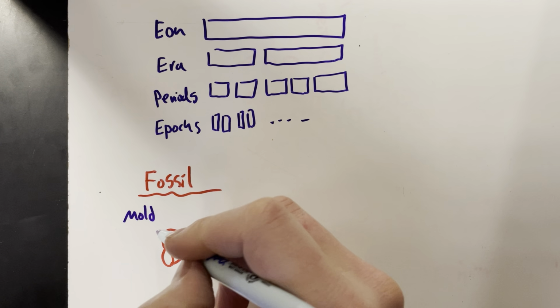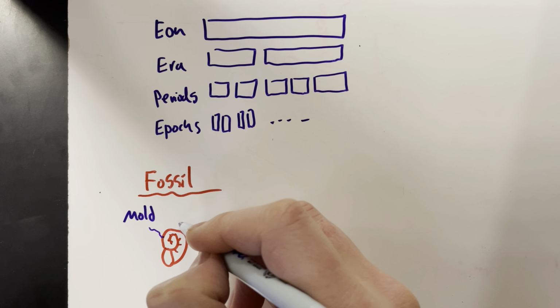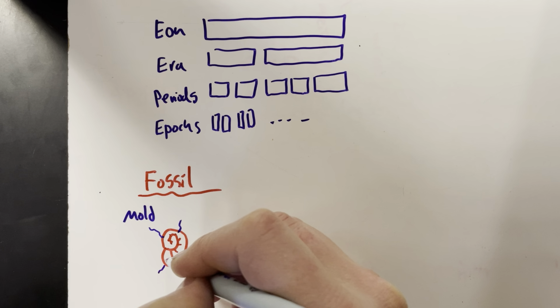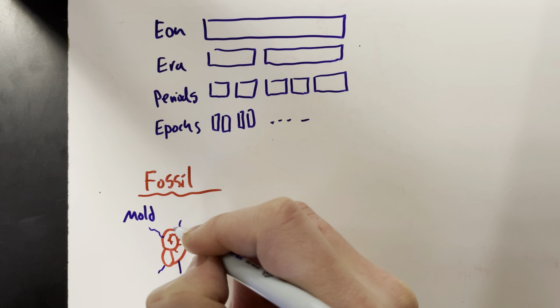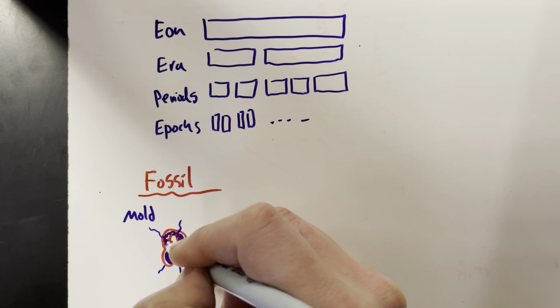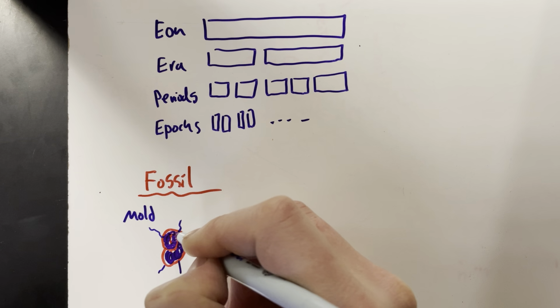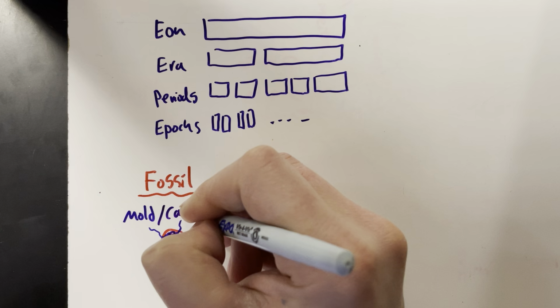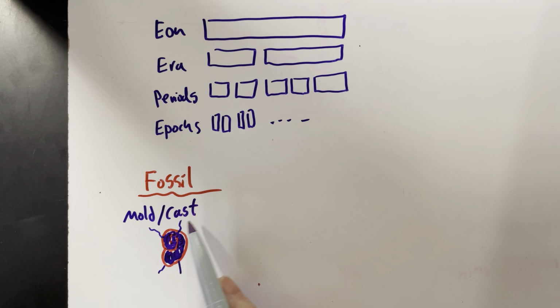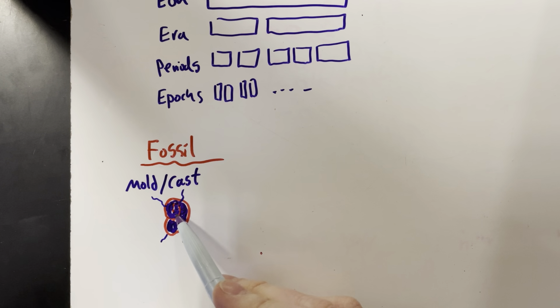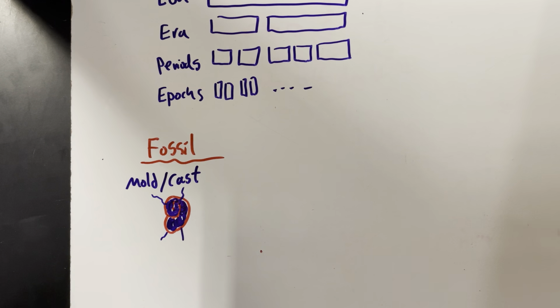But then sometimes in the rock, in the void, there are little cracks, and in the cracks comes water, and water starts to fill up or flow through, but then it deposits minerals, or crystals can start to grow inside here, and it will actually fill in that void. And so you end up with a little crystalline shape of a snail shell. It's called a cast. So molds and casts are kind of the same type of fossil, but it's where the material has left that void, and then the cast is where it's been filled in.